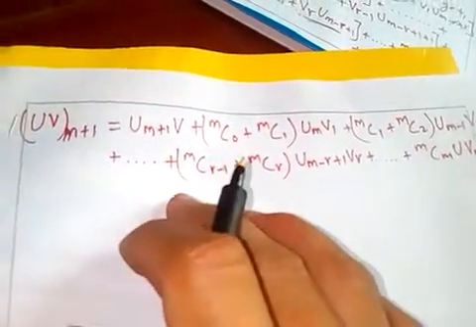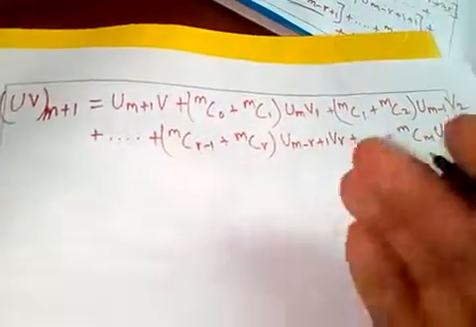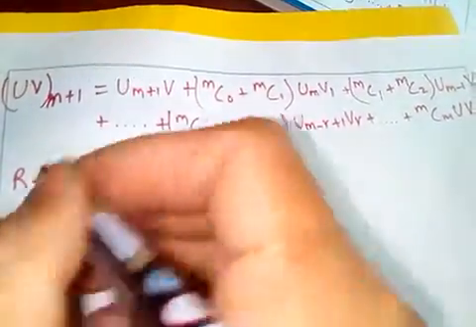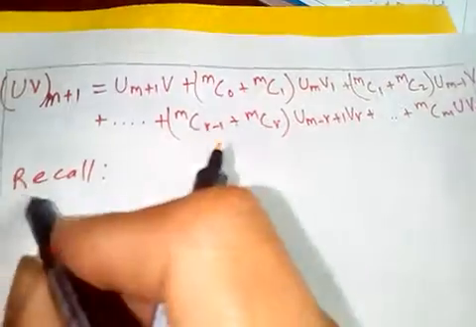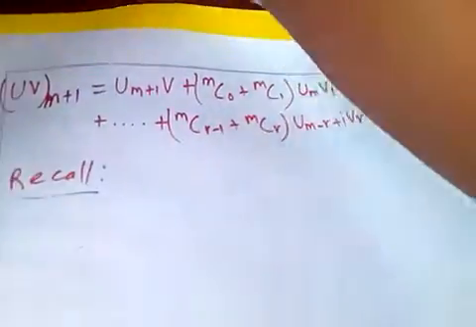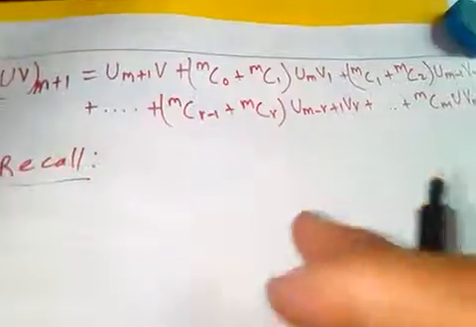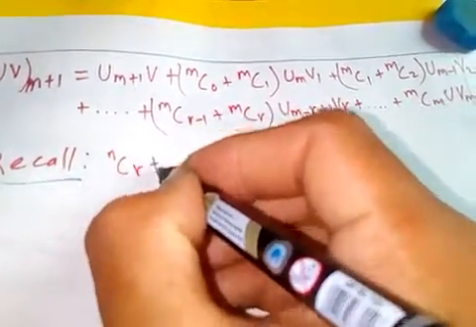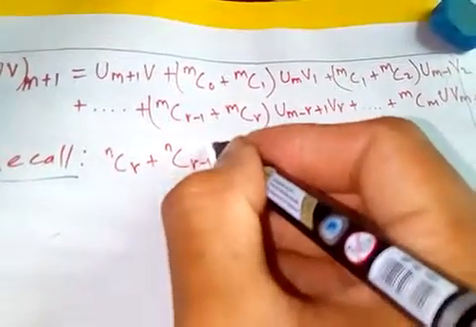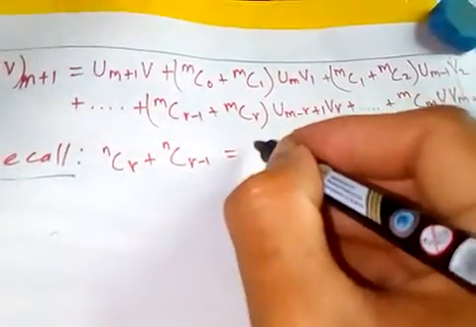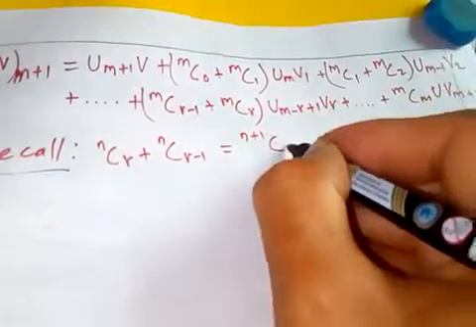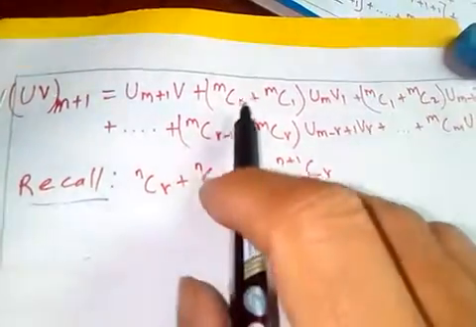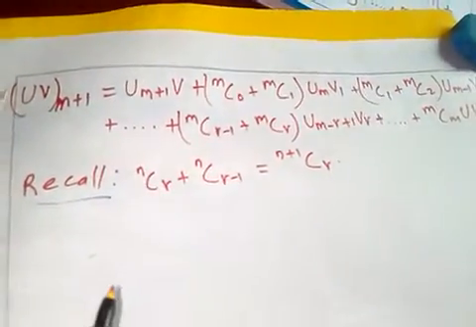From this, let me put as, recall that nCr plus nCr minus 1 is the same as n plus 1 Cr, okay. This one we are going to record back because we are going to apply here. This one is same as this one, so